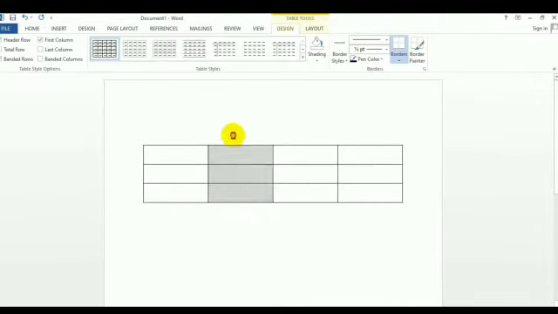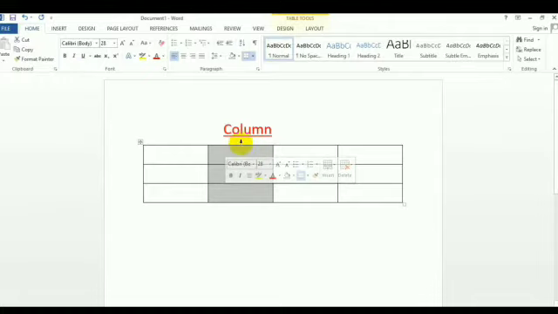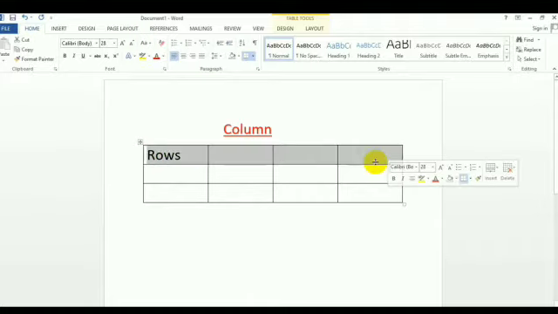Now 1, 2, 3 and 4 columns are there, having 3 rows. So the vertical lines are known as columns. So 4 columns are there, and horizontal lines are known as rows. We have provided only 3 rows: row 1, row 2 and row 3.